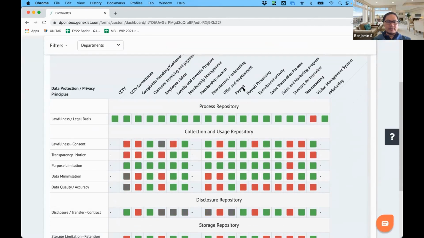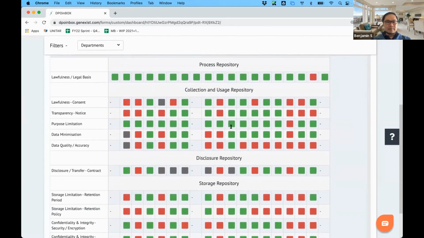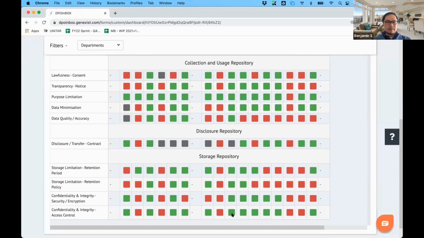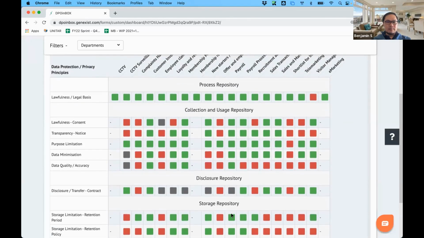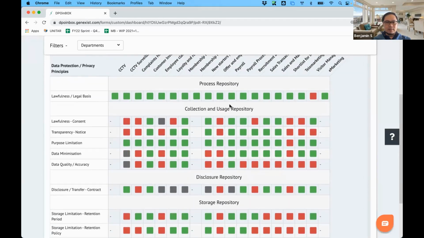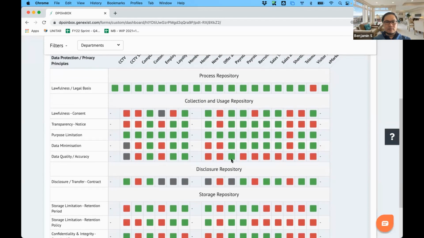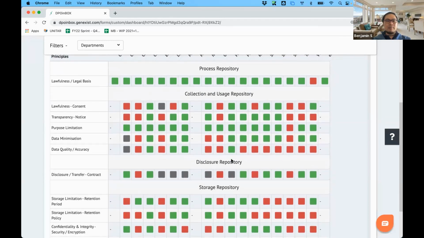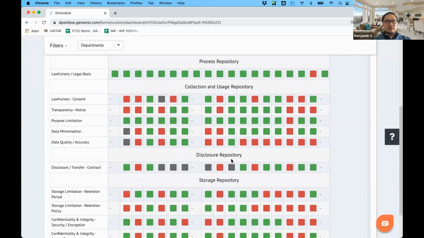and let's take payroll as an example. We can see where the potential gaps are. Now, the payroll seems to be perfect, seems not to have any gaps. But you get an idea of documenting the business process and then identifying where the gaps are.